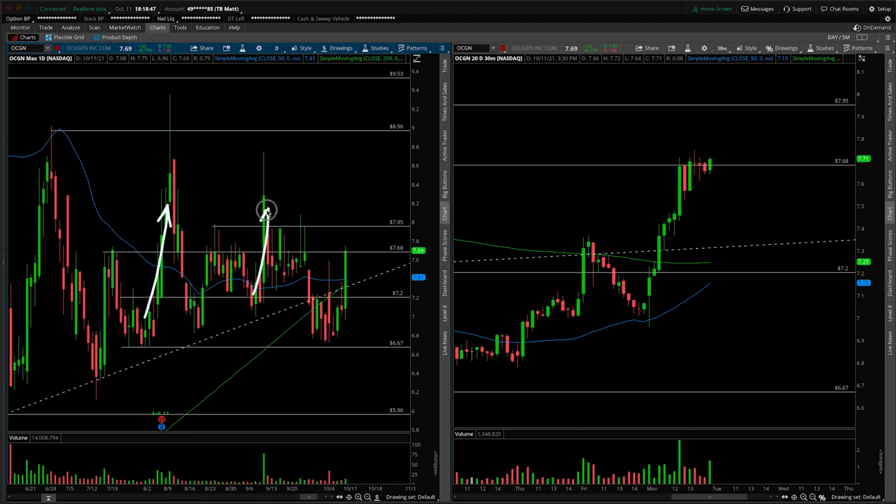which need to be fueled by really strong volume. Look at the volume that happens when we get those large breakout candles. Even this in here happened on elevated volume, and obviously this move as well happened on elevated volume here. So it's really all going to be about, can we put in more volume than we saw in today's session